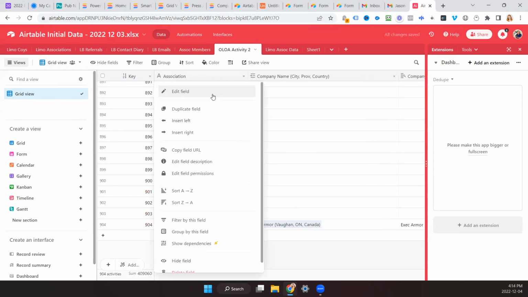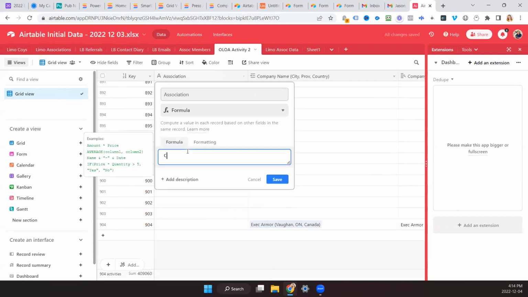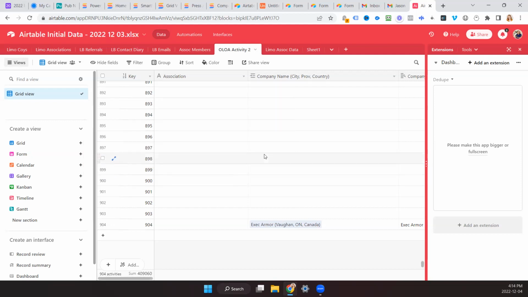Oh, in that case, we'd actually want to make this a formula, and then type in the value you want here. Right, but this is just a one time thing. But is it the same for everything? Just the data that's sitting there. Once I start using it, there's like 50 different associations. This is just to populate the data. Otherwise, I'll just put it into my Excel and then re-import it.